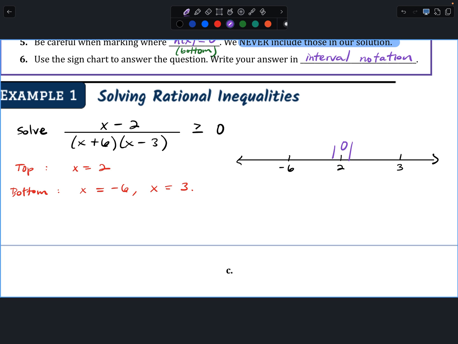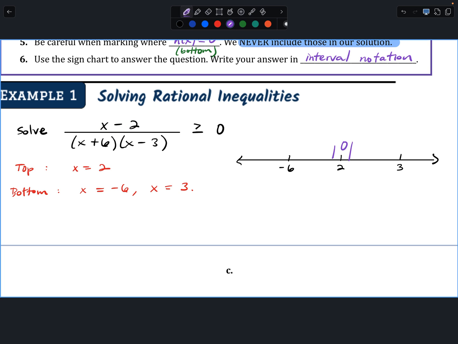Okay, so what I'm going to do is I'm going to show my work like down here. So do you guys see that we have 1 factor on top and 2 factors on the bottom? So all I'm going to do is I'm going to plug in numbers bigger than 3, something between 2 and 3, and something less than -6. So I'm going to start with something bigger than 3. Remember I told you guys, be dramatic. So I'm going to pick like 100. If I pick 100